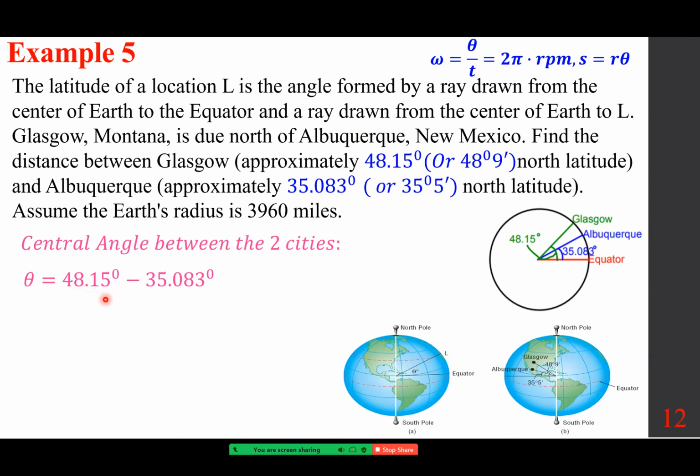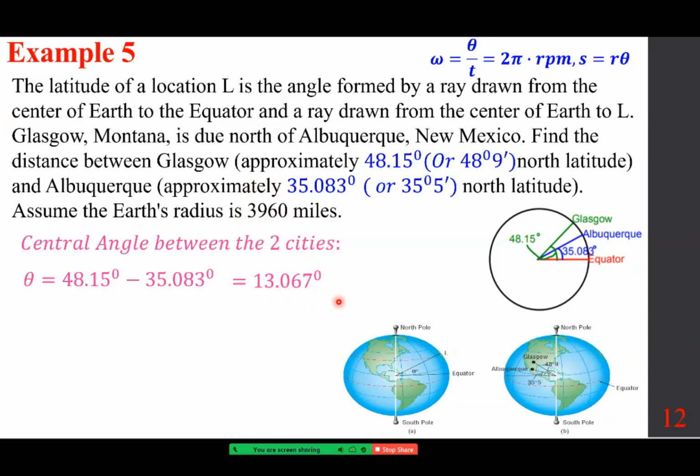So 48.15 minus 35.083. I'm assuming everybody can use a calculator or just do it by hand. And so the degree difference between the two cities is this much, and that really refers to this portion. Let me just keep this here so you see. All we have to do is find this distance. How do we find this distance? S equals R theta. What is R? 3960. What is theta? Change this